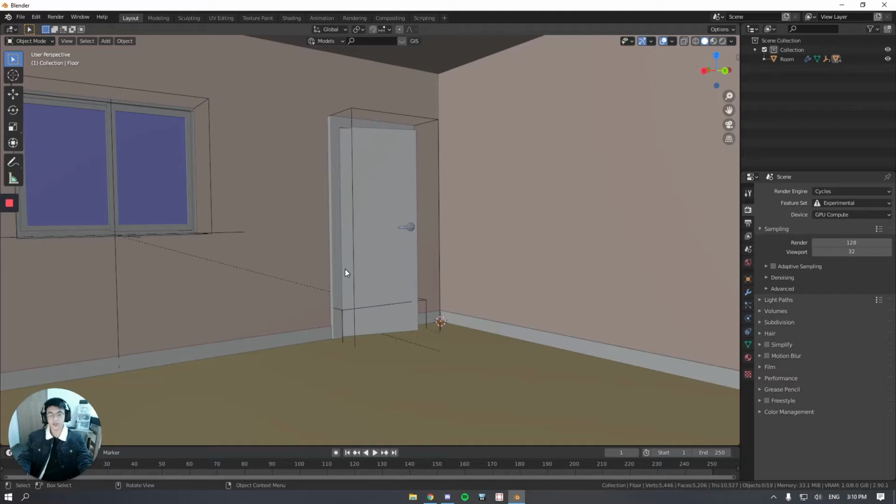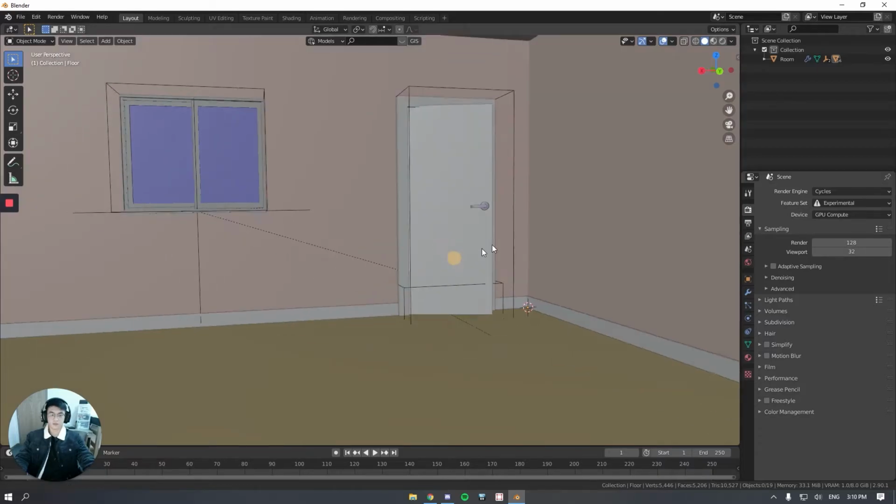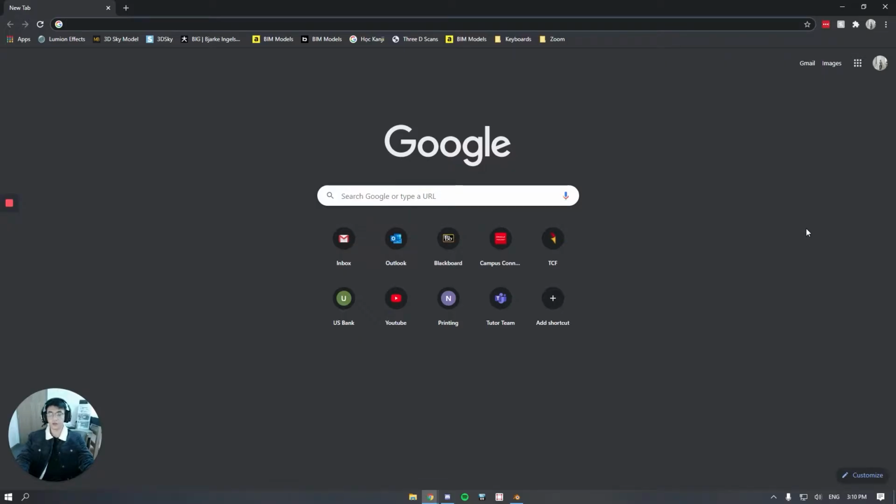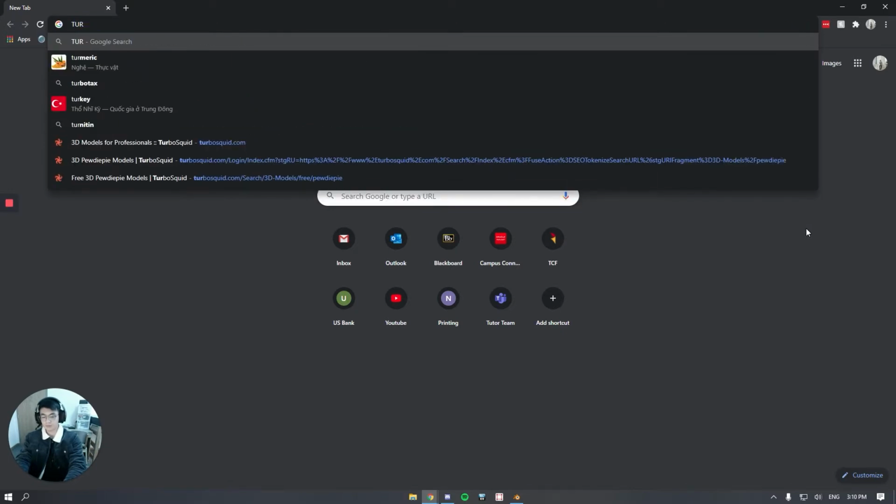In this tutorial, I'll show you where to get 3D models and then textures so you can furnish your room. So for 3D models, these are the sites that I would recommend you go and get from. So first of all is TurboSquid,